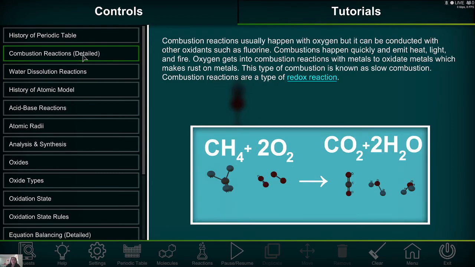So, I guess in this case we have methane plus 2 oxygen yields... So water and metals make combustion. In this case we have a metal, it's methane, or actually no, methane is a gas. So methane plus oxygen